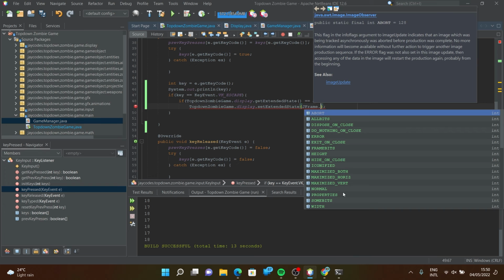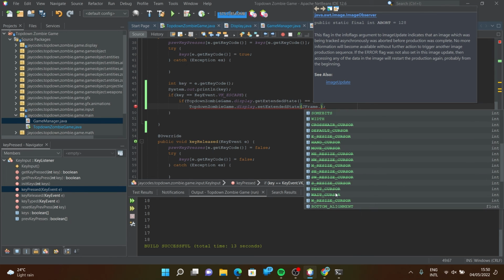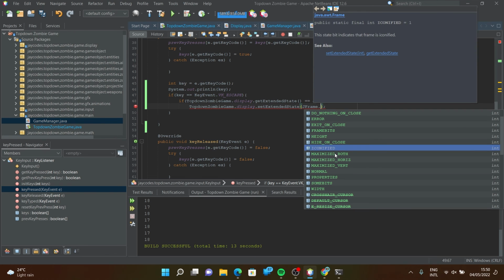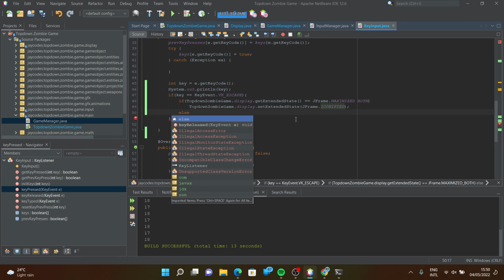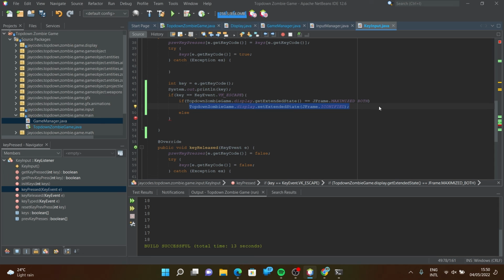What the heck? Okay, I think it's iconified. And then else, we want to simply set it to maximize both. Control C and